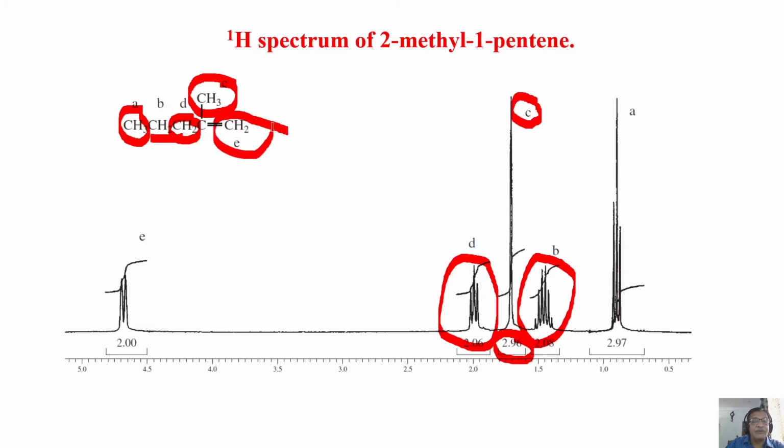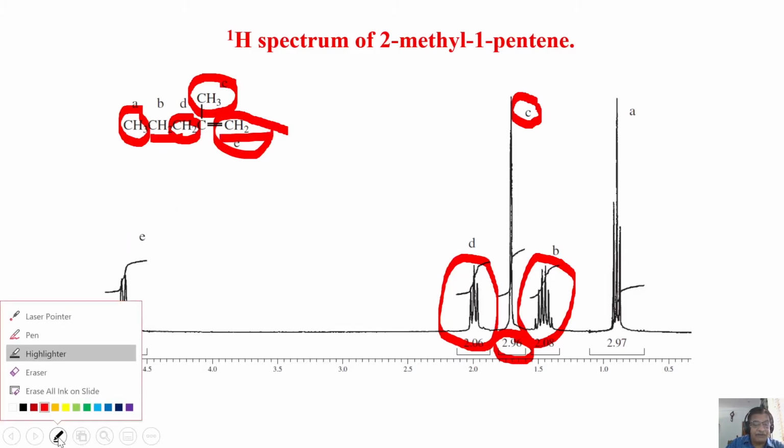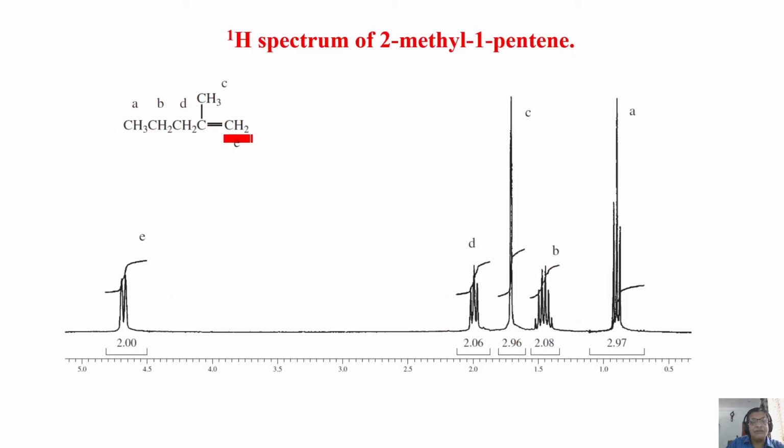Now what is left over? Left over is CH2. This is not coupled to this, not coupled to this, these things are all not coupled. Then what is the pattern you expect? When none of them are coupled, this CH2 has to be a singlet. Okay? But it is not a singlet here. What is this pattern? Why? What is making this into a multiplet? Something difficult to understand. It is definitely not coupled to CH3. Otherwise, this would have become a multiplet. And definitely it is not coupled to CH2 because if you go by that, this would have been very complex. Then what is the real problem?